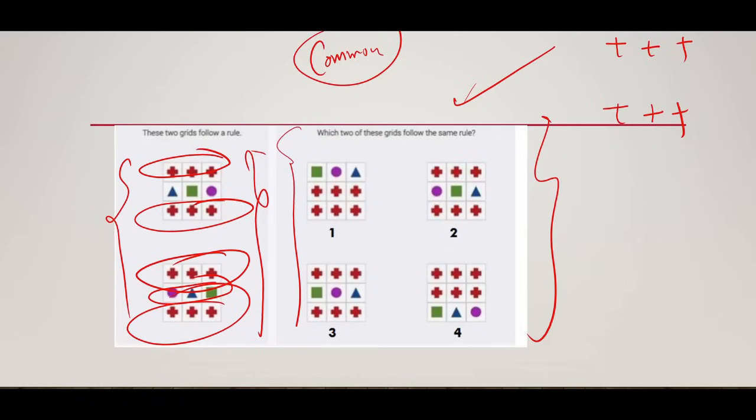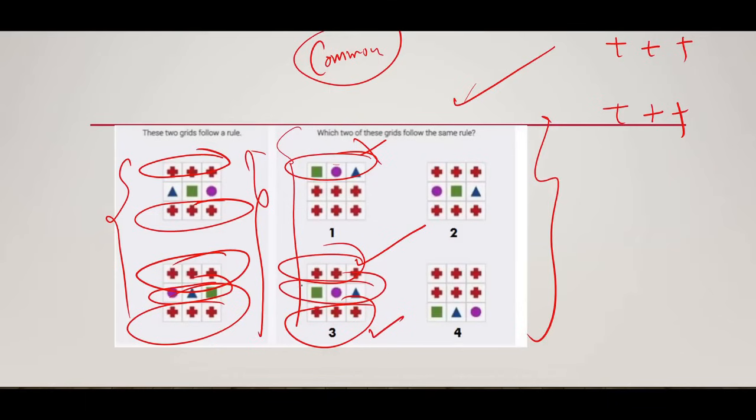इस वाले पैटर्न में, ठीक है। तो अब इसमें देखते हैं, क्या इसमें ऊपर की रो प्लस है, नहीं है, तो ये ऑप्शन नहीं हो सकता। क्या इसमें ऊपर की रो प्लस है, हाँ है। क्या इसमें नीचे की रो प्लस है, हाँ है। क्या बीच के तीनों डायग्राम अलग अलग हैं, तो ये ऑप्शन सही हो जाएगा, ठीक है।